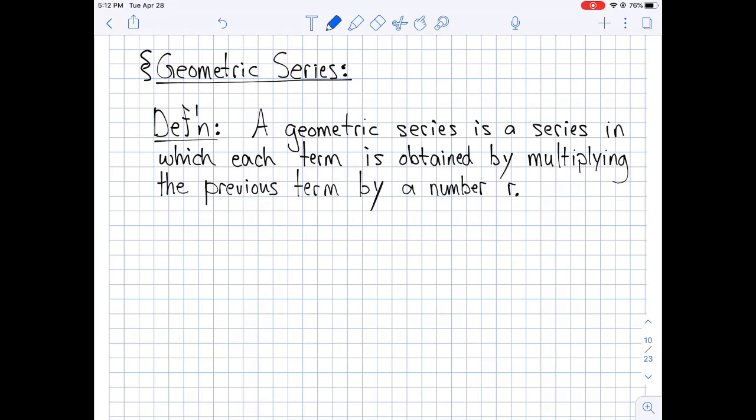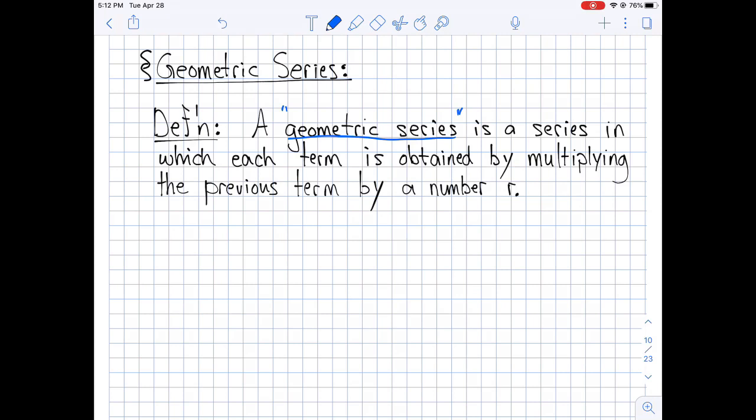Okay, so today we're looking at a specific type of series, what is called the geometric series. Specifically, it is one in which every term in the series is obtained by multiplying the previous term by a value r. So this is going to be our definition, and let's just take a look at an